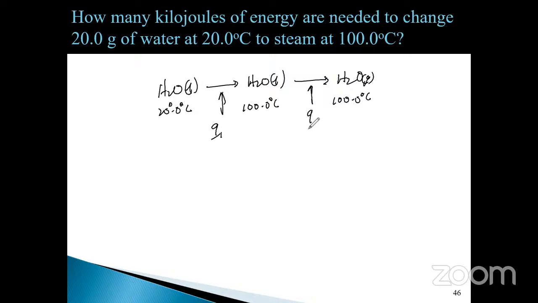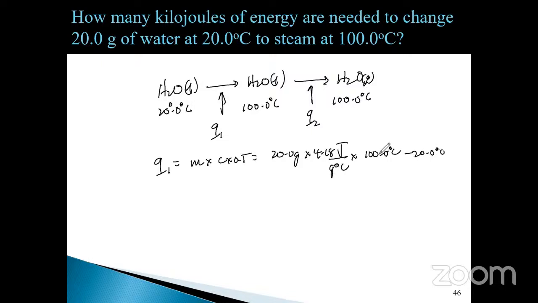I'm going to call this Q2. The first one is Q1. Q1 would be equal to m times c times delta T. m is equal to 20.0 grams times 4.18 joules per gram degree Celsius times the change in temperature, which is 100.0 degrees Celsius minus 20.0 degrees Celsius. So 100 minus 20 gives you 80. Multiply that by 4.18 times 20. According to my calculation, this works out when rounded off to 3 sig figs,